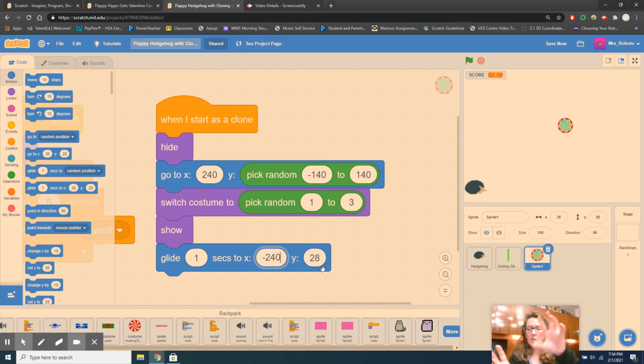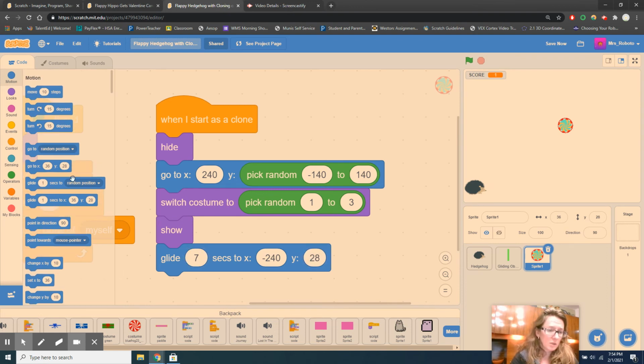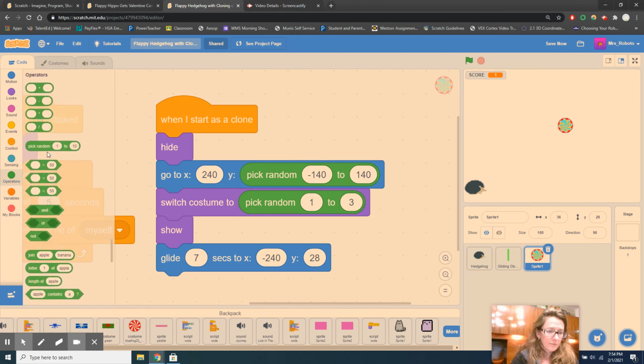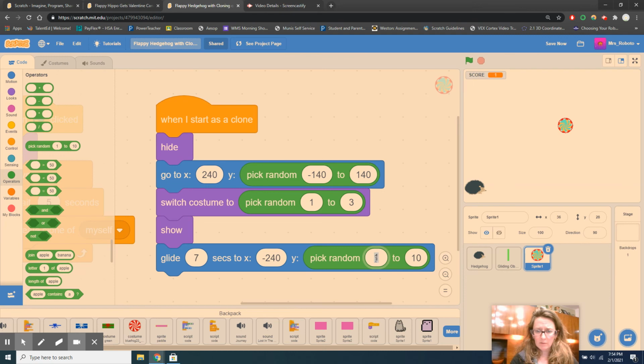But for the Y value, what I did was I had my candies kind of float across the screen a little bit, float up and down a little. And I'm going to have it glide 7 seconds because that's how fast my gliding bars glide. And then I can do a random location here again. You don't have to do the random if you don't like it floating around. So for the Y value, you're going to do